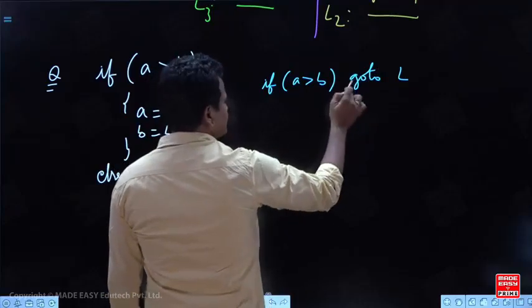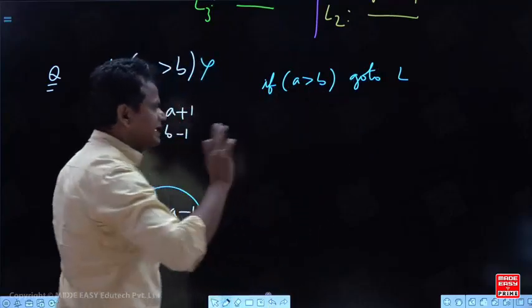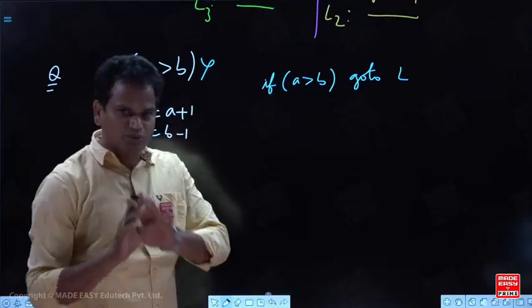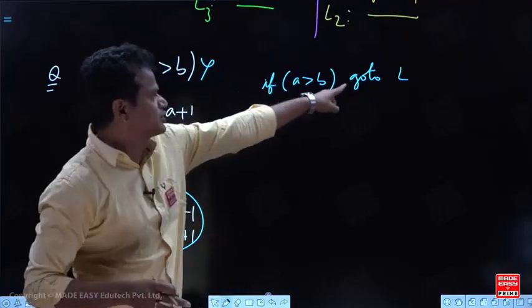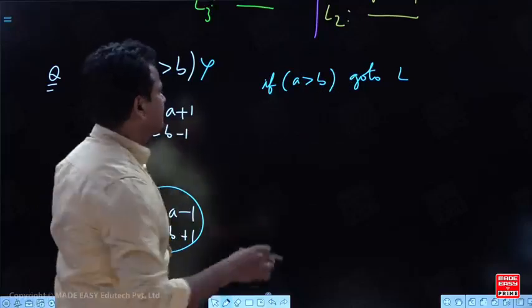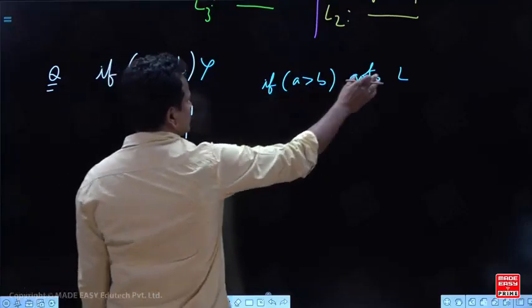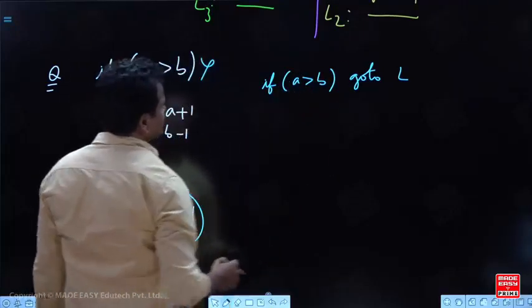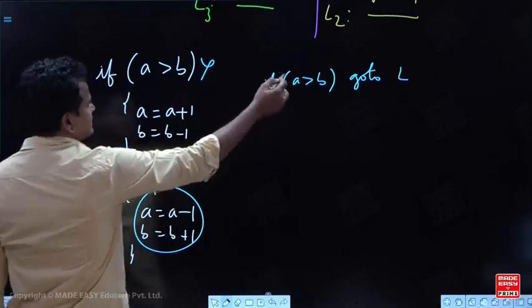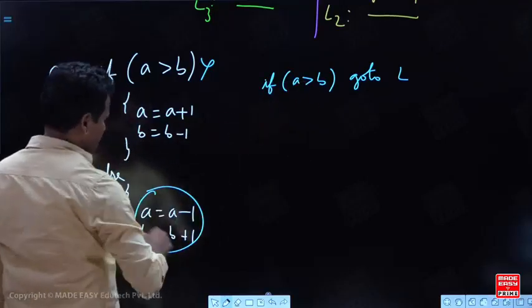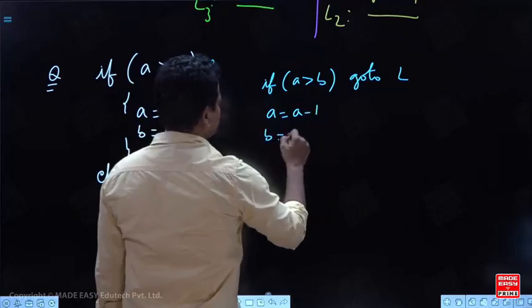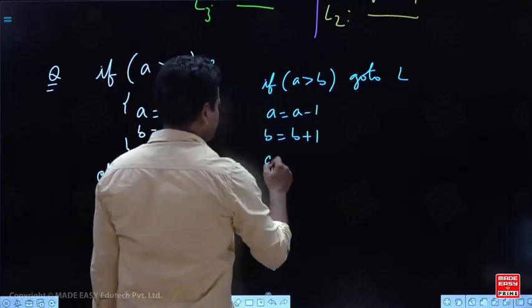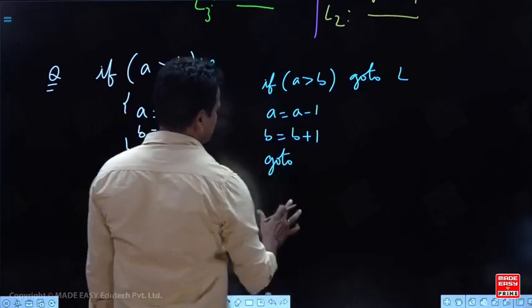The go to means when the condition is true. If A is greater than B, the condition is satisfied, then only it comes to the execution of go to. If it is not true, then it will come to the next instruction. So when A is not greater than B, you have to execute this one: A equal to A minus 1 and B equal to B plus 1. Then you just hold on.